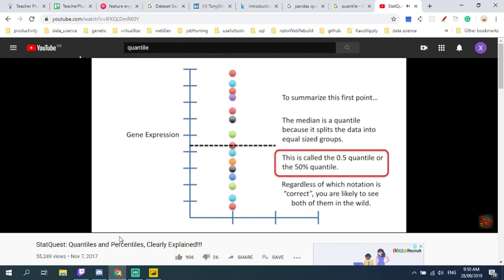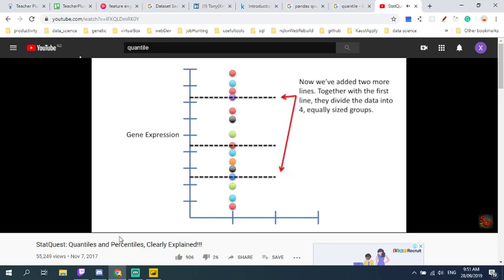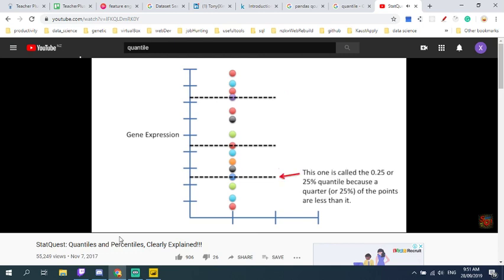Regardless of which notation is correct, you're likely to see both of them in the wild. So let's just roll with it and not get too bent out of shape over the nomenclature. Now we've added 2 more lines. Together with the first line, they divide the data into 4 equally sized groups. These new lines are quantiles because they divide the data into equally sized groups. This one is called the 0.25 or 25%